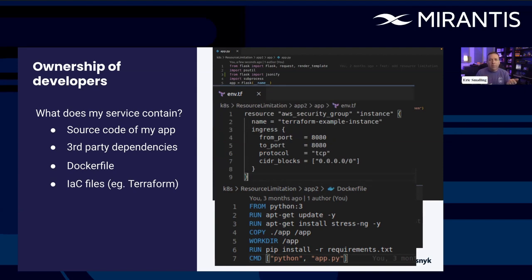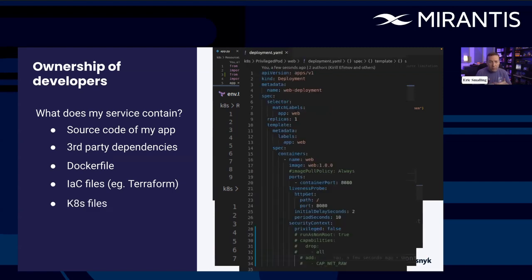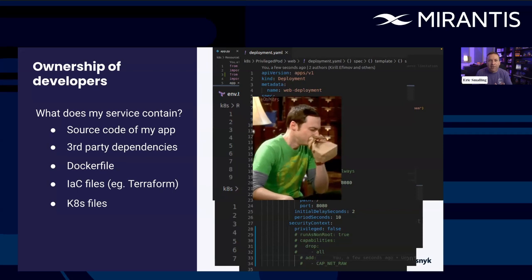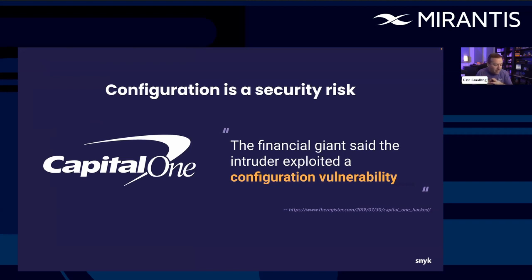Then, of course, layer on top of that, you've got infrastructure as code. So you might have Terraform to bring up your application's infrastructure or configure its network connections or whatever. And then the granddaddy of all of it, obviously, Kubernetes. That also falls under infrastructure as code in that it's defining how your containers and their pods are going to run, how they can connect to each other, what the services around them are, all of that, the Kubernetes API, which changes three times a year and all that. Just getting your app up and running is enough to make a developer hyperventilate. Keeping it secure is a whole other ball of wax.